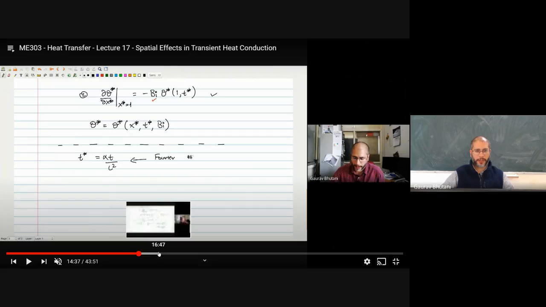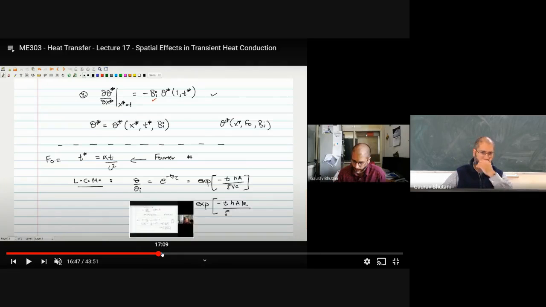So the idea of non-dimensionalization helps us a lot by saving a lot of time for solving the systems. Two systems may be similar to each other, that means that they may have the same Biot number. So you don't need to solve them again and again. You can just solve it once and then substitute the values of the non-dimensional variables and get the solution.